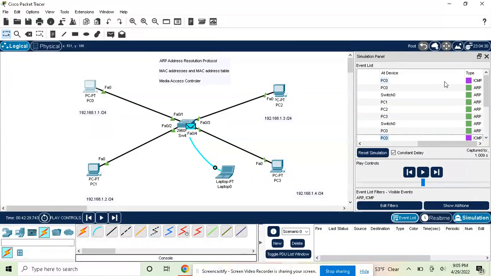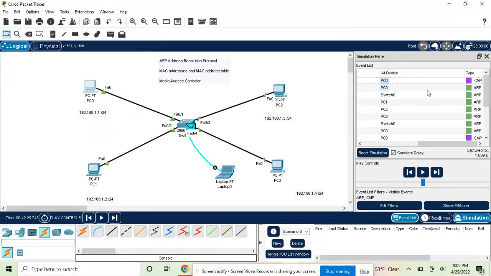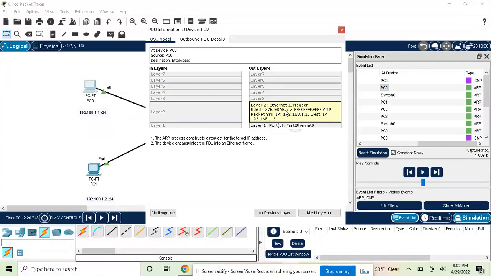So first we wanted to send an ICMP packet, ICMP is the ping, but we didn't know who to send it to and their MAC address, because the switch will only use MAC address information. So we sent an ARP, a broadcast. Now, if you look here, it's all Fs. Even though the source IP address is 192.168.1.1, this PC, the destination is 1.2. These all Fs basically is this PC saying, I don't know the MAC address of this